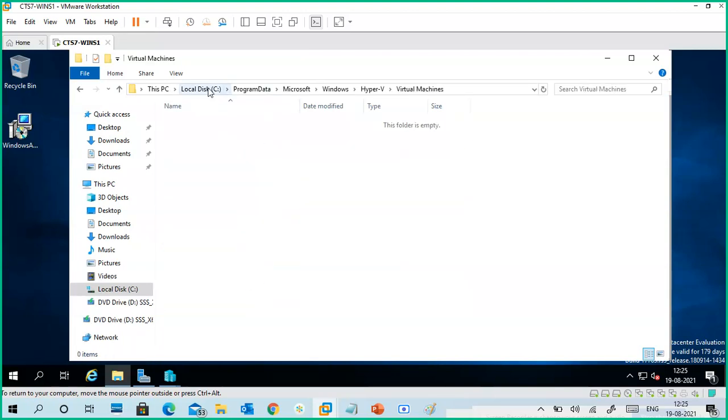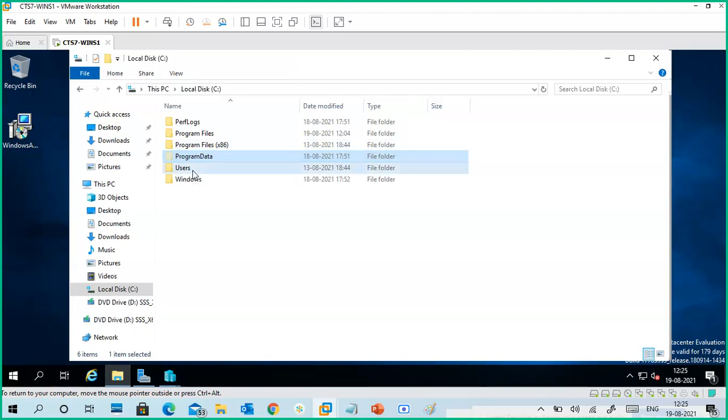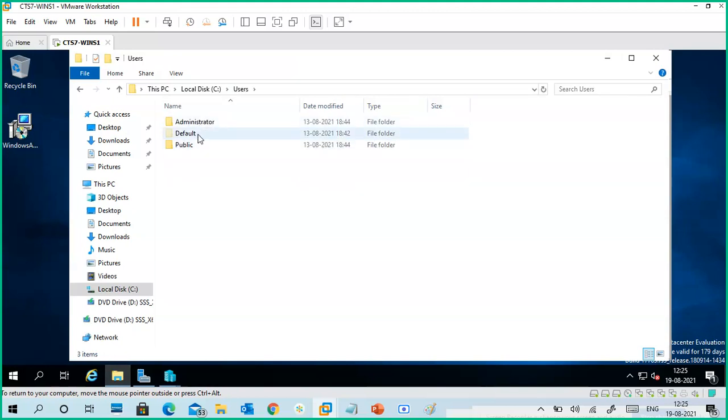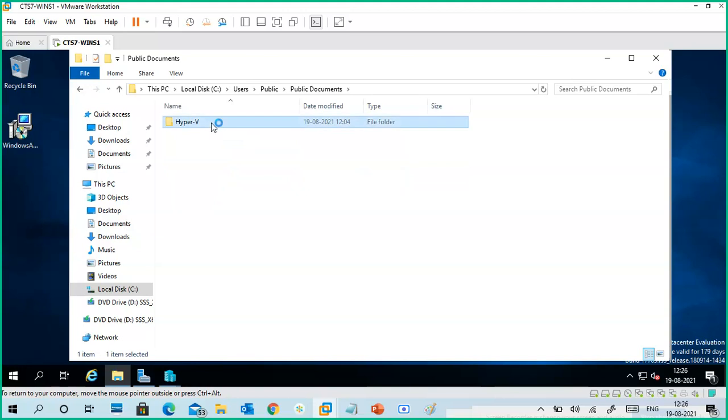No machines are there. The second one is the hard disk. The disk is stored in users, public documents, Hyper-V, virtual hard disk. So you can see, instead of your username, it is stored in public.